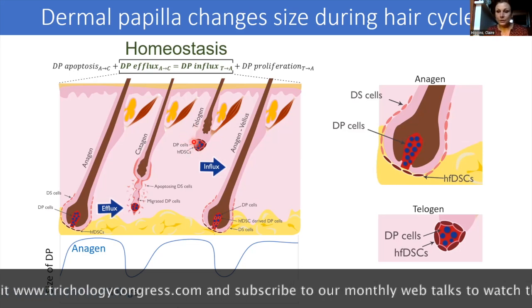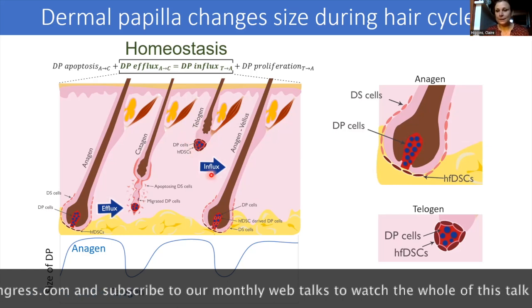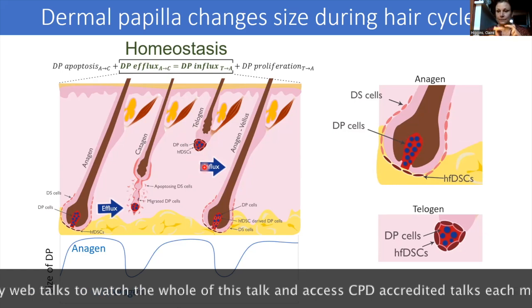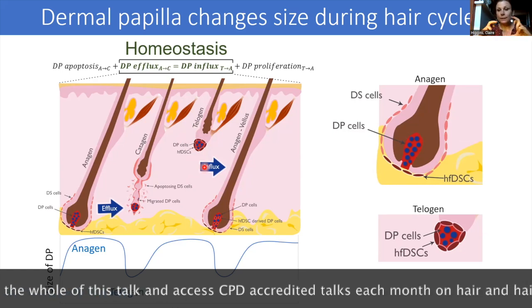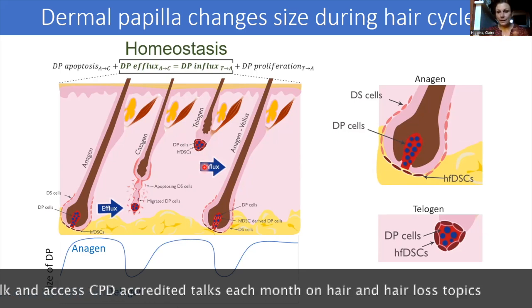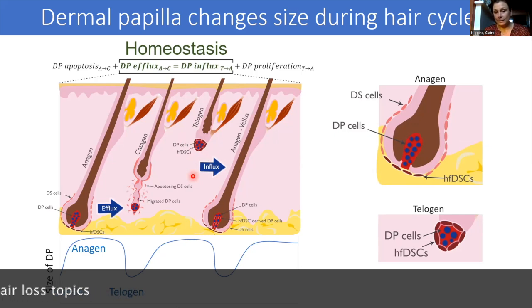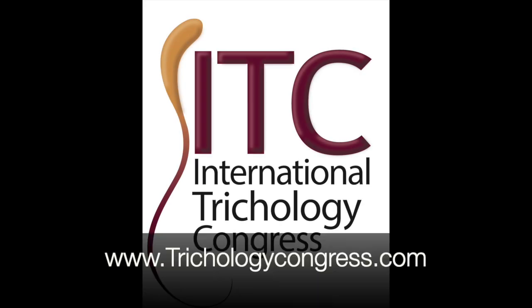And then in the telogen to anagen transition, there is a proliferation of these dermal sheath stem cells that wrap around the outside of that spherical core. And after these cells have proliferated, they then migrate in, and they're essentially a fuel source for the dermal papilla. So they migrate into the papilla structure, enabling it to regain its size. And then